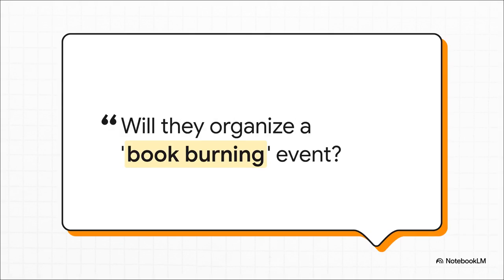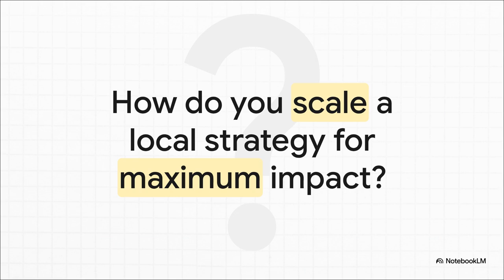So the prediction here was that the network's absolute need for control would force them to confiscate these books. The author even framed it with this really sharp satirical question: will they organize a book-burning event? Now that phrase is powerful, right? It was designed to frame whatever the school did not as just some administrative decision, but as a modern act of censorship. So, the experiment at the school? It was a big success. It proved the concept, but it immediately brings up a huge question. Okay, this works on a small scale with a handful of people, but how in the world do you scale that up? How do you apply it systematically to, say, an entire region for maximum impact?